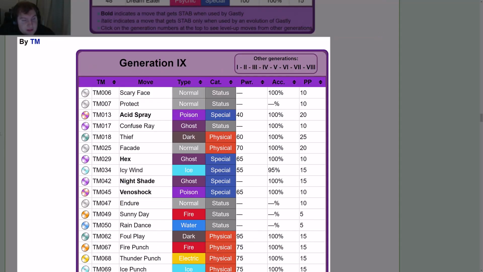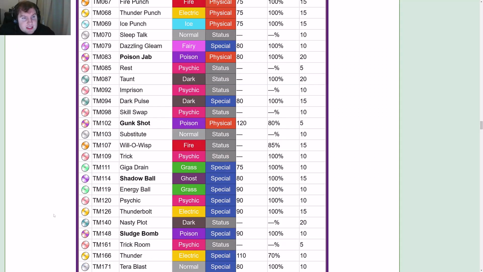By TM, you get 6 Scary Face, 7 Protect, 13 Acid Spray, 17 Confuse Ray, 18 Thief, 25 Facade, 29 Hex, 34 Icy Wind, 42 Night Shade, 45 Venoshock, 47 Endure, 49 Sunny Day, 50 Rain Dance, 62 Foul Play, 67 Fire Punch, 68 Thunder Punch, 69 Ice Punch, 70 Sleep Talk, 79 Dazzling Gleam, 83 Poison